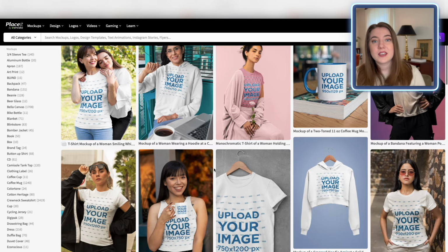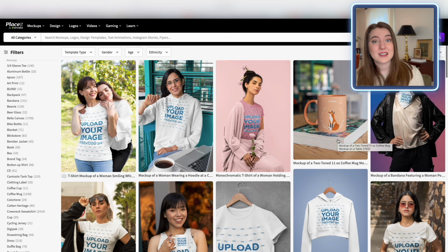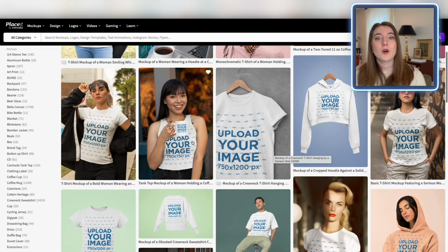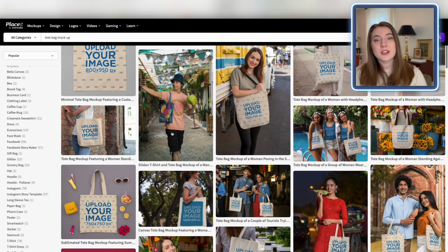Now, another thing that I really like to advise people to do, if they are selling a shirt with multiple different styles or even multiple colors that you think look really good with this item, I recommend using a mock-up that shows off more than one shirt or item. Now, Placeit has a ton of options for this. They have mock-ups with up to like 6 different apparel items or multiple different mugs, multiple different tote bags. So if you have a design that has a lot of variations to it, make sure you show that off